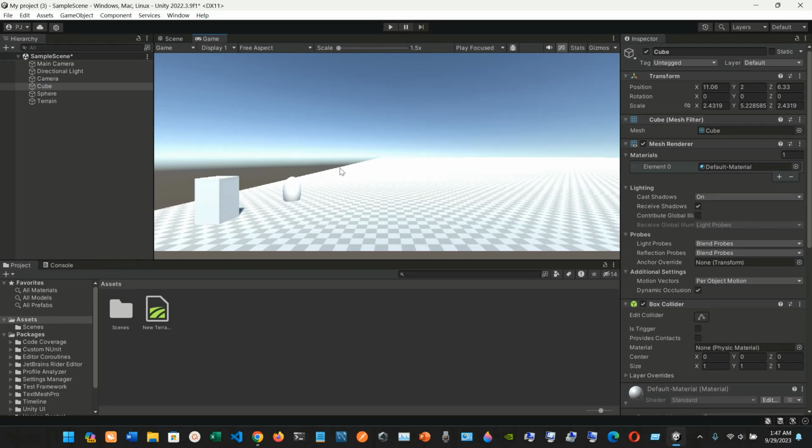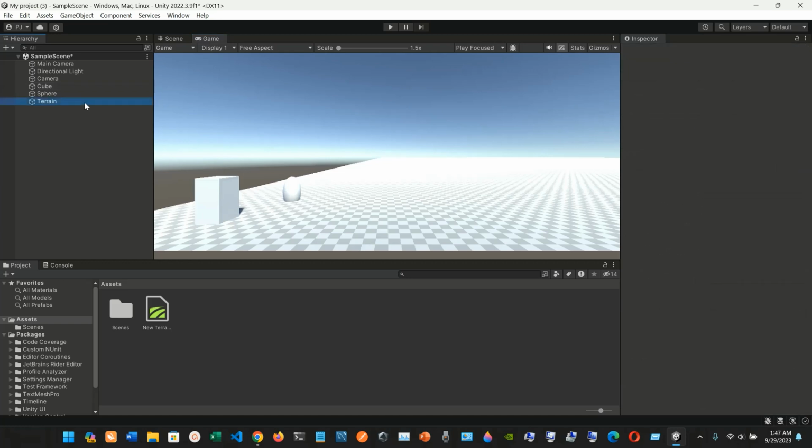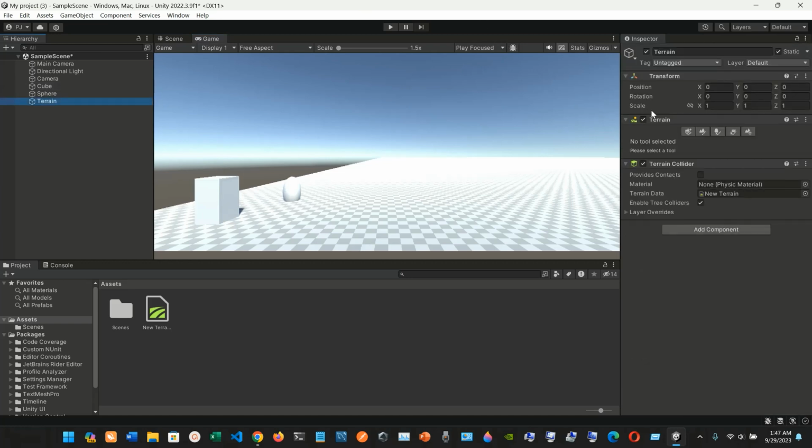Okay, so I'm just gonna go into the terrain this time. So let me see. Okay, so now this is different because we are dealing with the terrain, but okay, the position is 0 0 0. Then we have the rotation 0 0 0, scale 1 1 1. So let's play around. This time it's not gonna be with the cube or the sphere, it's gonna be with the terrain. So let's give it a try how this would look. So on scale it